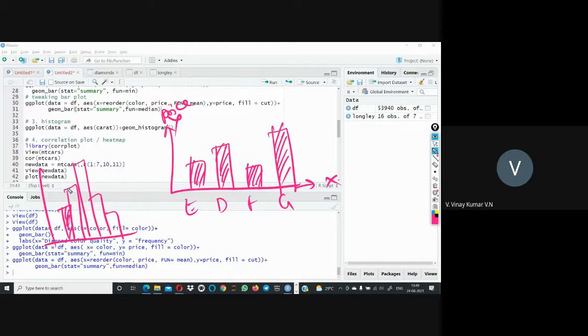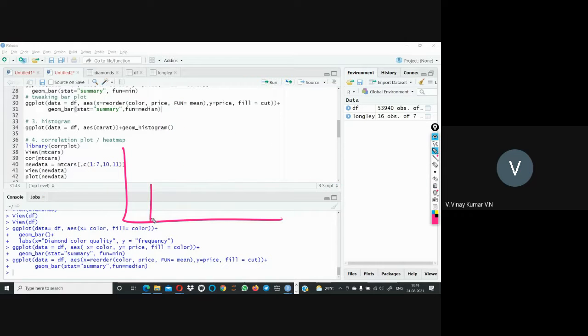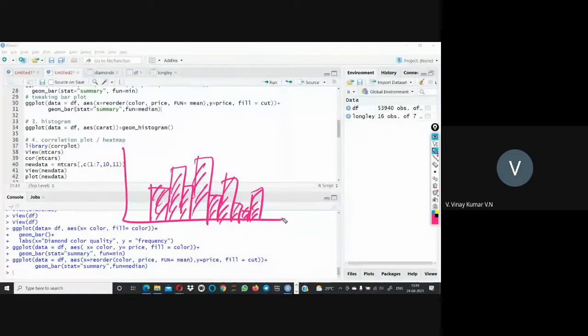the first bar is mostly in the frequency intervals, like 0 to 10, 10 to 20, 20 to 30, 30 to 40, 40 to 50. If you generate a graph from this kind of data, you are going to get the histogram. The histogram looks like this: the first one, continuation is the second one, then third, fourth, fifth, sixth, seventh, eighth, like that. These bars are connected to each other based on the frequency. This is how we are going to generate it using ggplot.